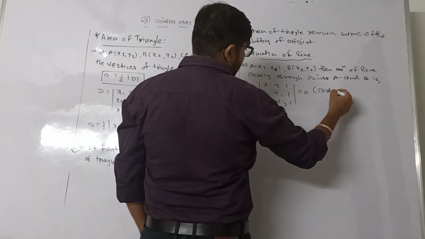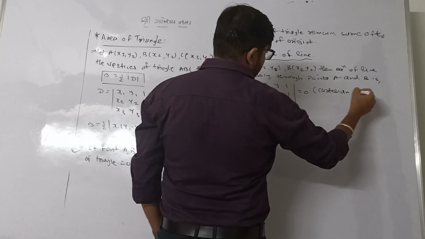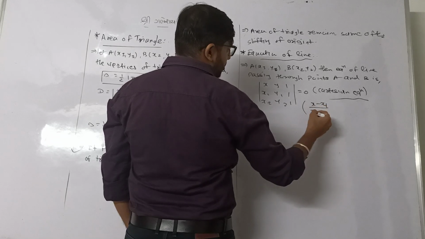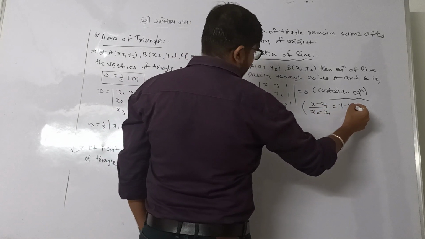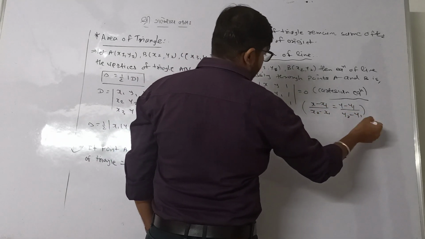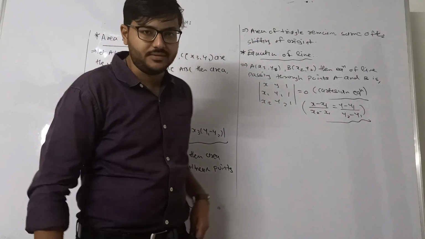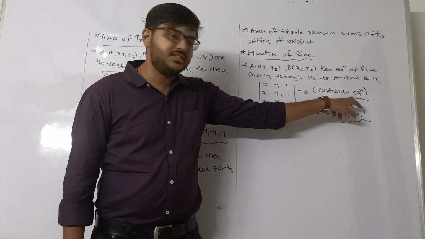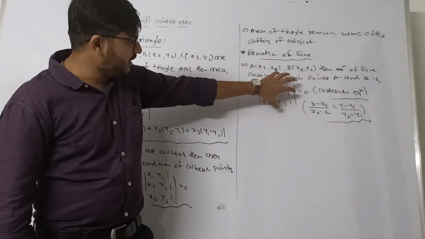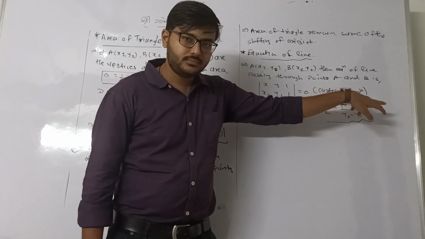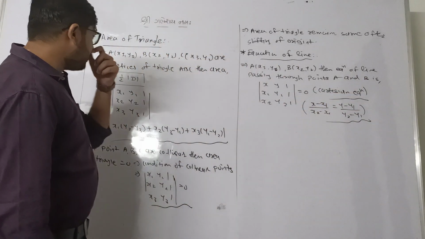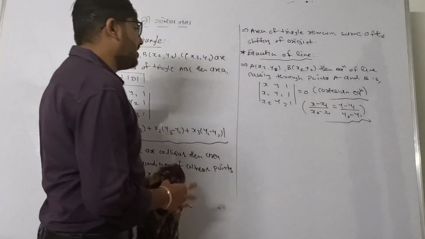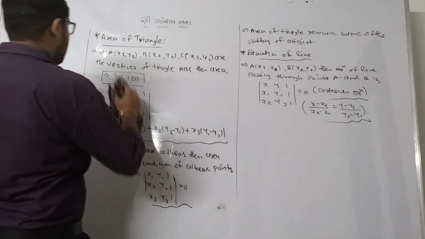This is also known as the Cartesian equation. Let me remind you that you studied (x minus x1) upon (x2 minus x1) equals (y minus y1) upon (y2 minus y1). You already studied this equation in your 11th standard in chapter number 10, straight line, right? As you expand this determinant, we'll get this kind of equation. These are the 2 topics which are very easy, and we'll find major questions in MCQs based on these 2 theories.